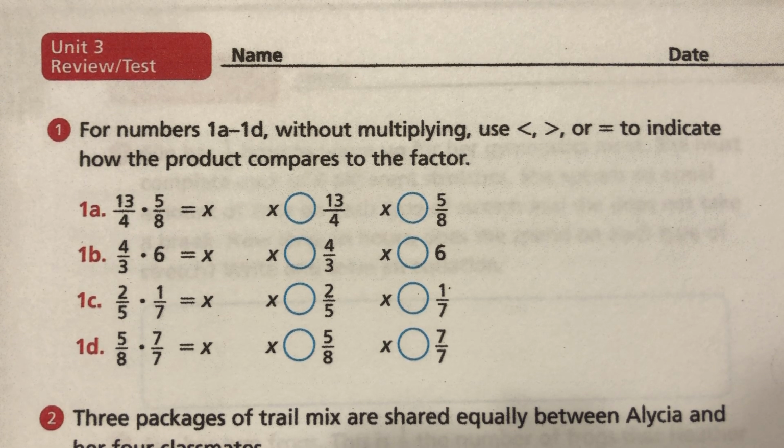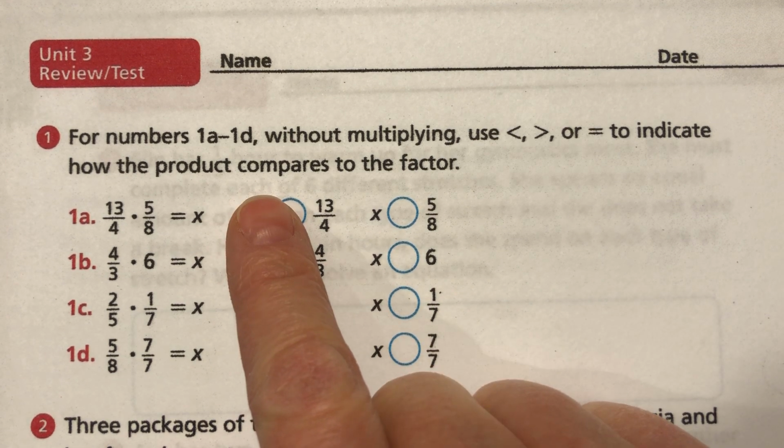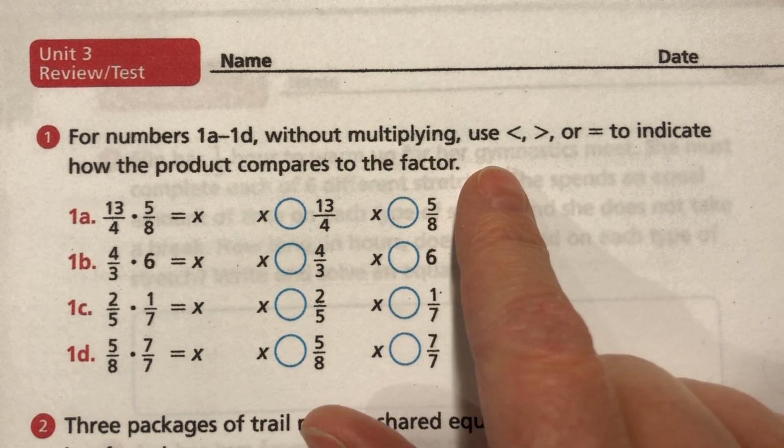And you should be making any corrections to this. So by the time we're done here, any errors that you made, you should fix them and maybe put a little star next to the ones that you'd like to talk about more in class as we're preparing for our Unit 3 test. All right, so for numbers 1A through 1D, without multiplying, use less than, greater than, or equal